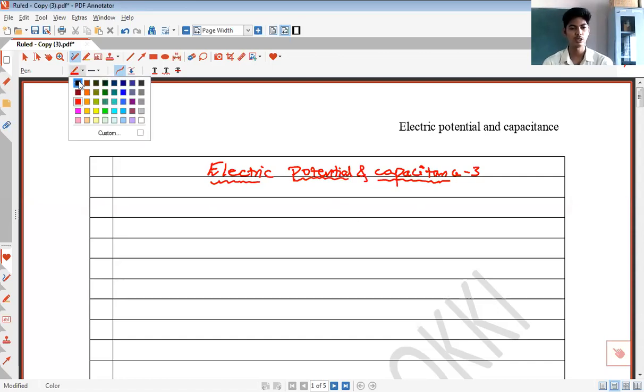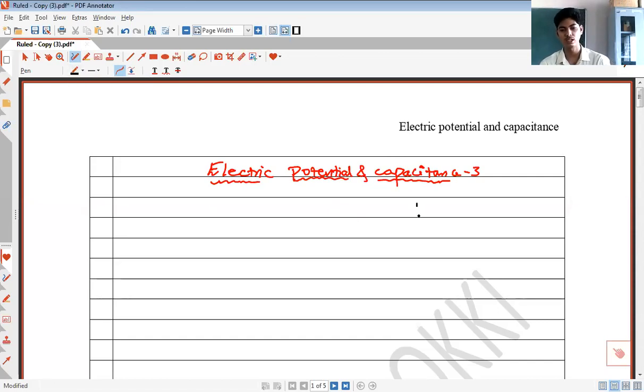Generally, we know that the electric field due to a point charge is represented by E is equal to 1 by 4 pi epsilon naught Q by R square. Correct? Electric field is inversely proportional to the square of the distance. 1 by 4 pi epsilon Q by R square can be written as R into R. This doesn't make any difference. 1 by 4 pi epsilon Q divided by R into R, we can write R square.